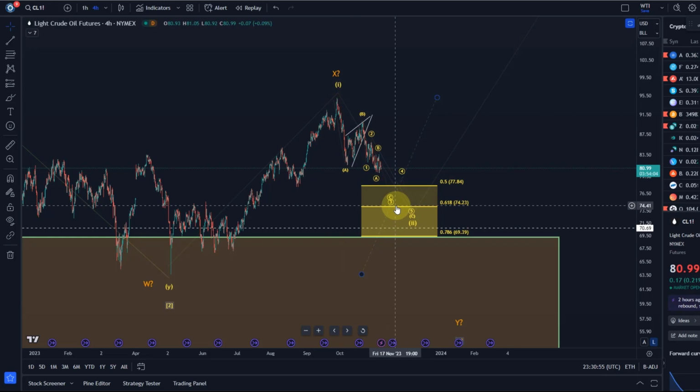The move to the downside looks corrective so far, and it indicates that we have potentially started a new uptrend, but it needs to be proven in this support area. So obviously support needs to hold. Support is at $69 basically. It's a 78.6 retracement. Doesn't mean we have to go down to that level, but it means it's key support